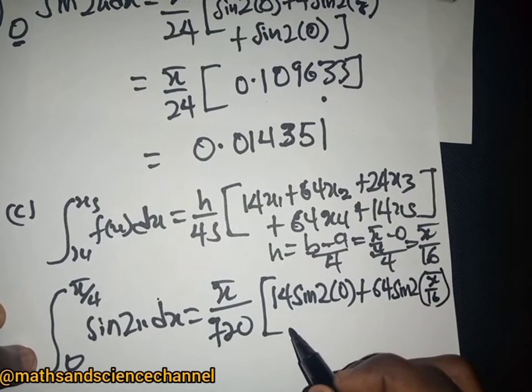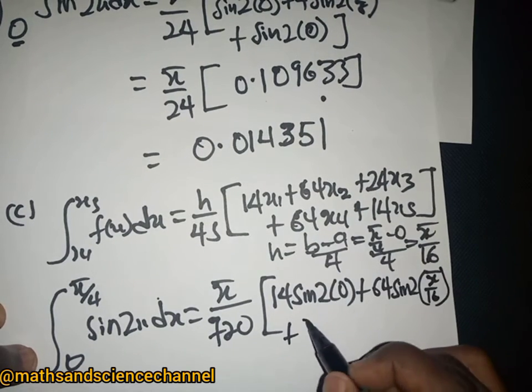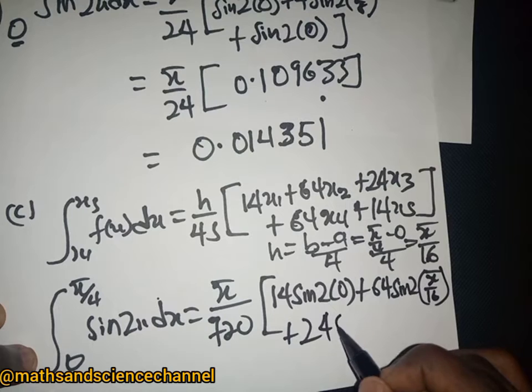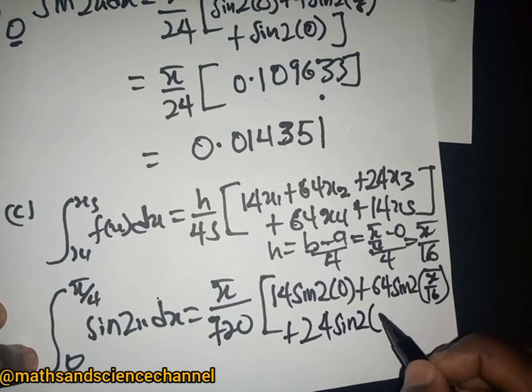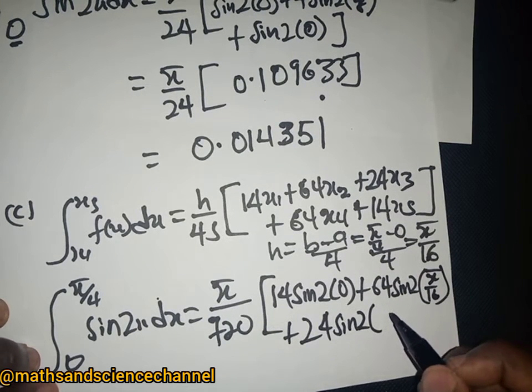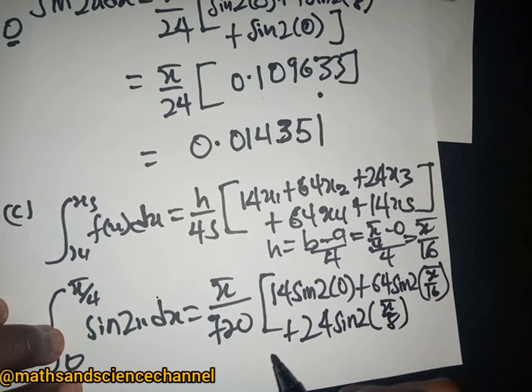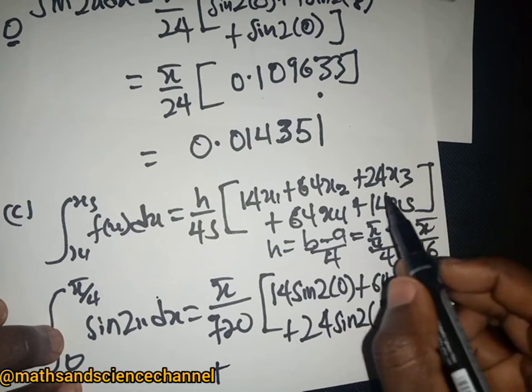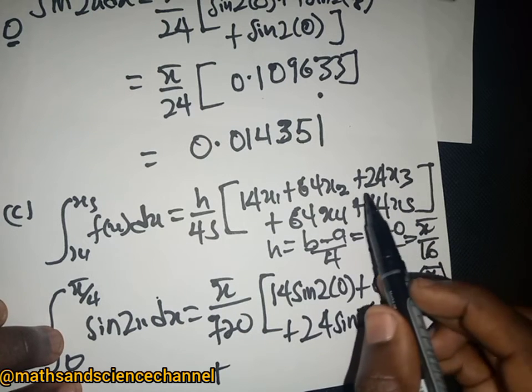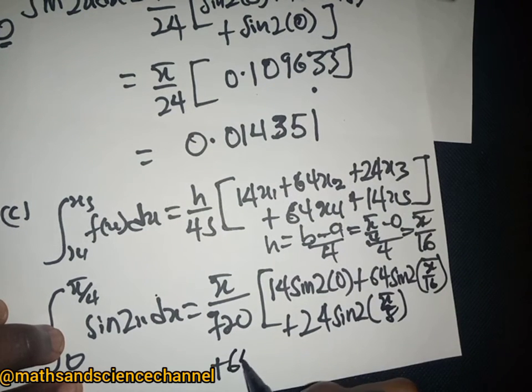Now the next one will be 24 times sine of 2 times pi over 8. Then the next one will be 64 times the sine of 2 times